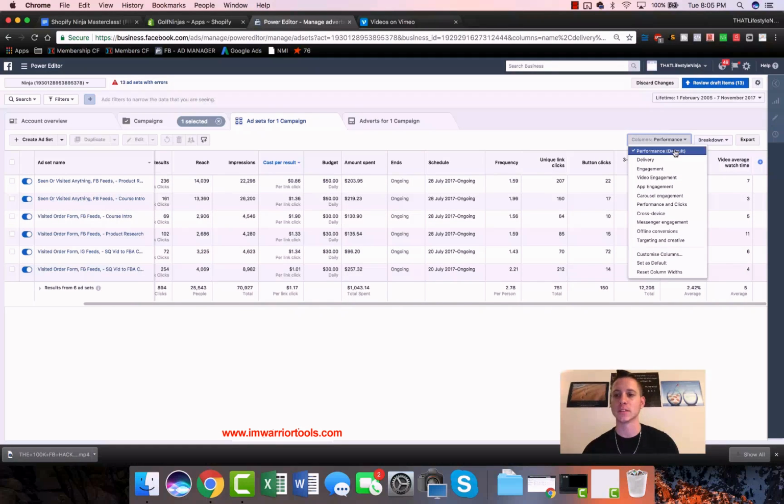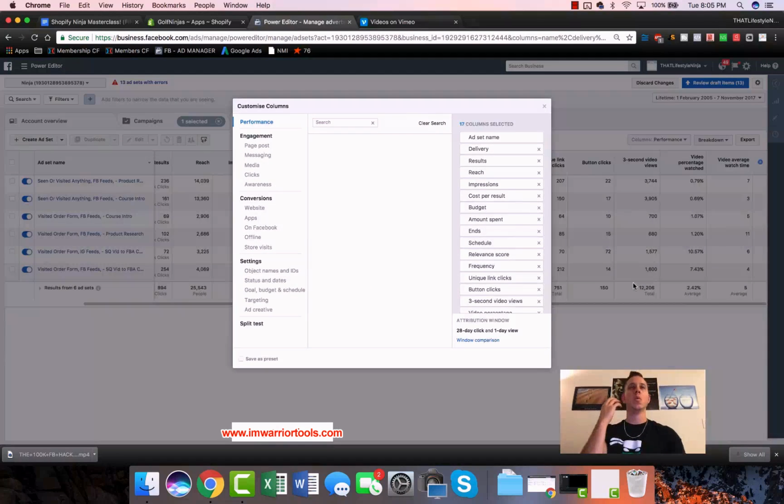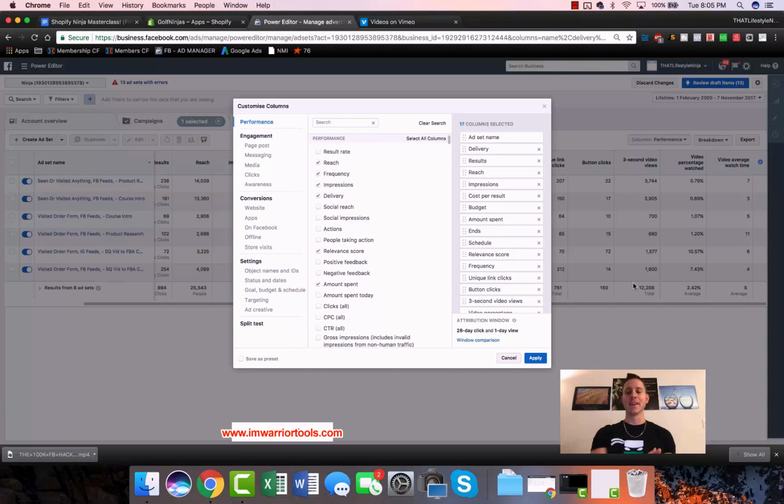which is a perfect segue into how to customize. So what we can do is optimize for a bunch of different stuff here, video engagement, carousel engagement. Realistically, the best way to do this is just to come straight into customized columns. So you have to think about what is the purpose of your ad campaign. If it's to get emails, is it to get sales? Is it to get people to your website at all? You have to decide what you actually want to take a look at,